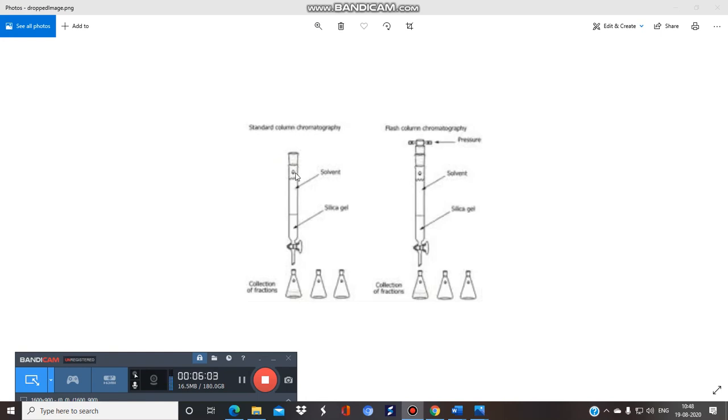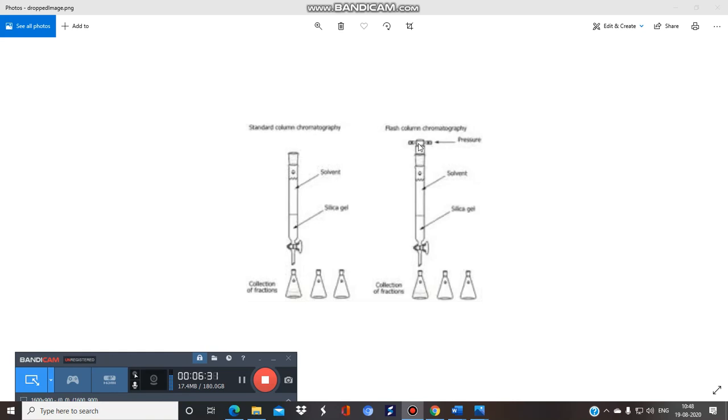Okay, the solvent will go very slowly inside your sample and then towards your stationary phase, and then it will elute out. So one fraction may take about 1 minute to collect. So it is quite a lengthy procedure, but we have modified this procedure, and there is a concept of flash column chromatography. Flash column chromatography is the same as column chromatography, but the main difference is here.